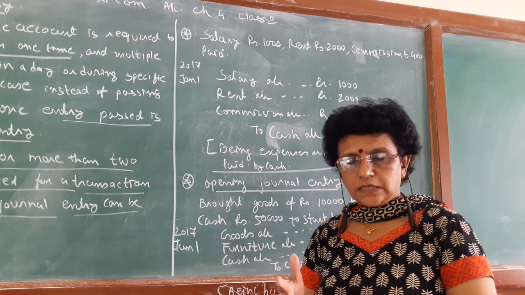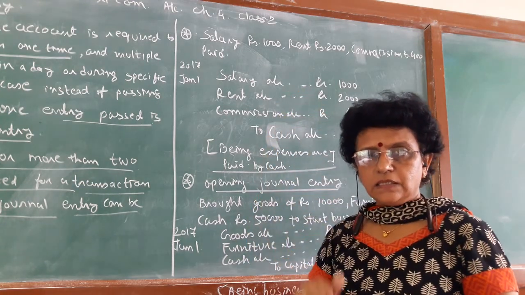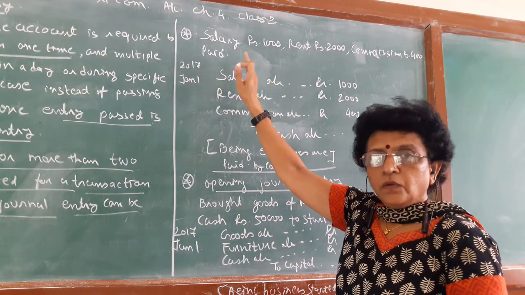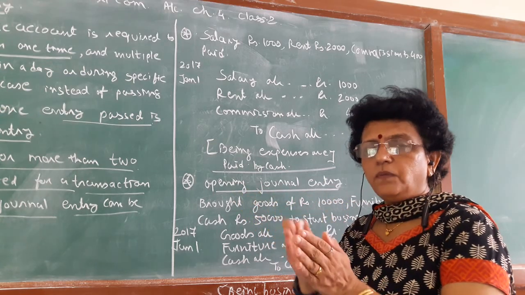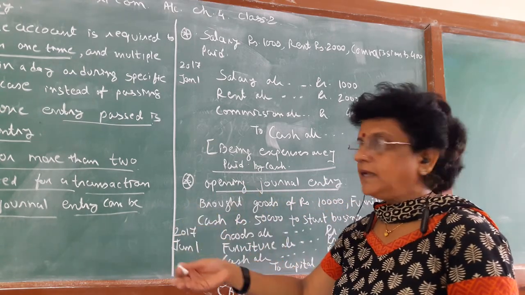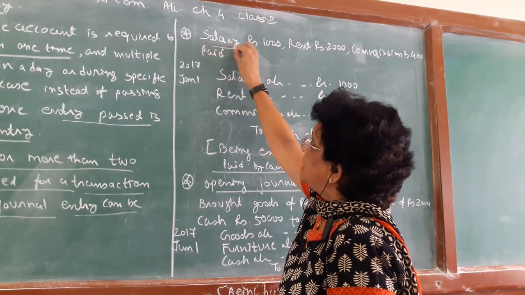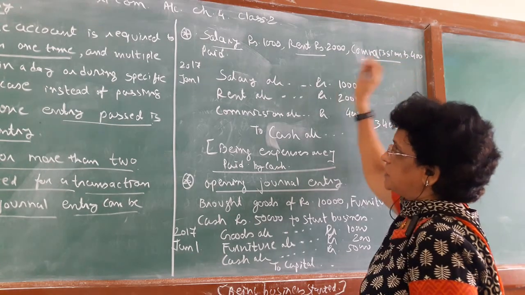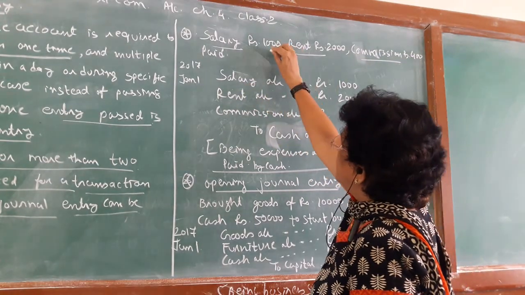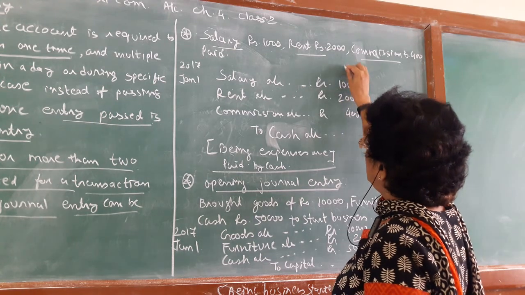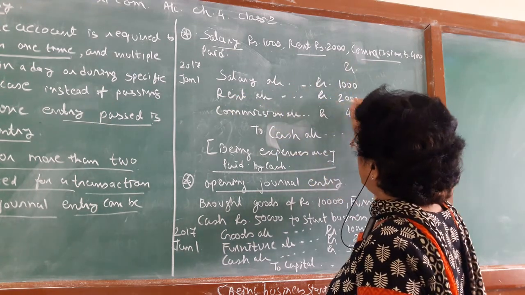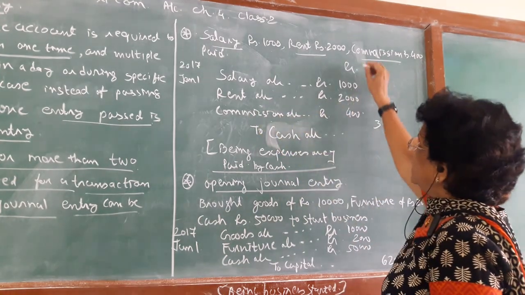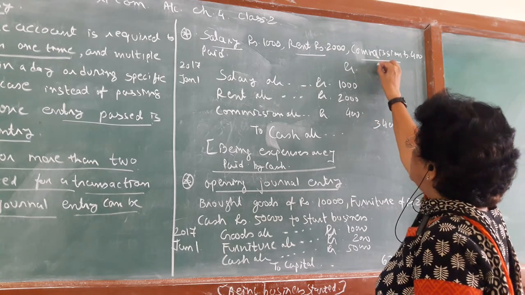It becomes so complex and the length of the journal increases on top of it. So instead of repeating the same thing again and again, we can compress it and make it systematic. Salary is an expense, a nominal account, debit all expenses; rent is also an expense, commission is also an expense. So the salary account is debited, the figure of salary written in the debit column. The rent account is debited, the figure of rent written in the debit column. Commission is also debited, the figure written in the debit column.